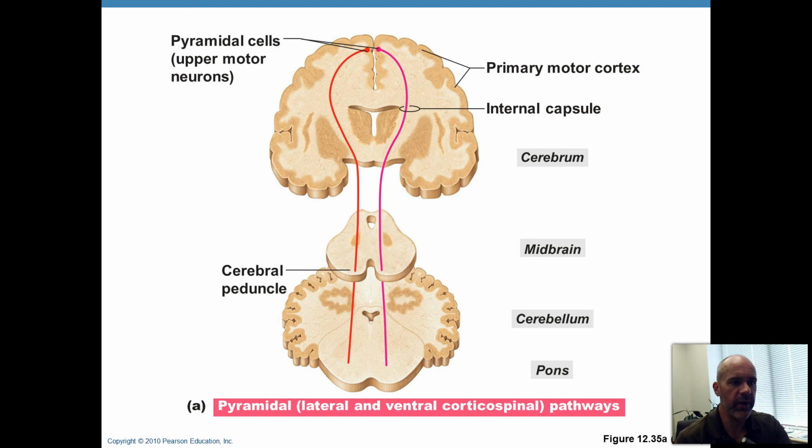All right, and so over here they're showing you some examples of some descending pathways. So in these cases, you've got neurons whose cell bodies are up here. This is your cortex of the brain, like gray matter there at the surface. You're looking at